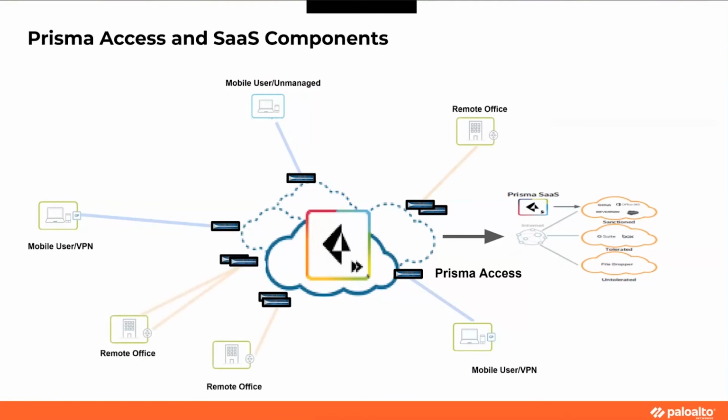The second type of connection that we have as part of the service is our remote office connectivity. So this is where we're establishing connections, leveraging IPsec from those environments into Prisma Access. So same concept here as far as the deployment of those firewalls. It's simply just a different transport mechanism. So we don't care what that device is on the edge. It can be our appliance, a router, another firewall, an SD-WAN device. As long as it's terminating or capable of terminating an IPsec tunnel, we can establish a connection to that particular